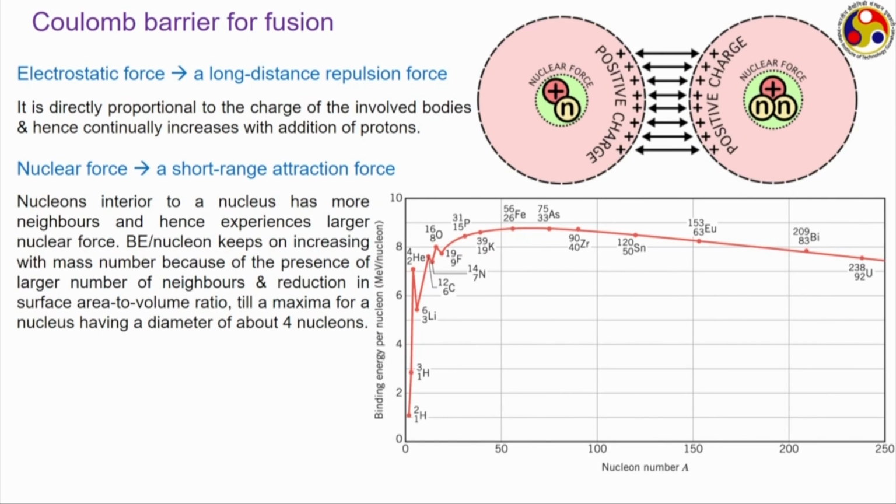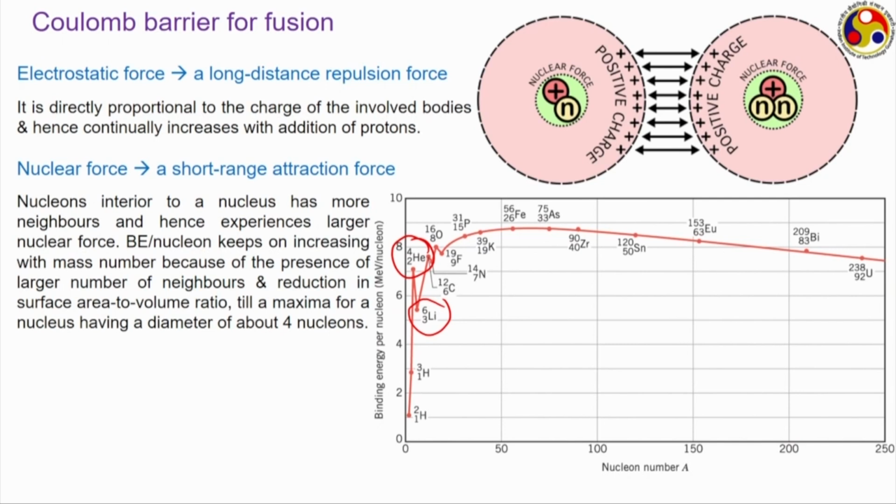Now, this is the same diagram which I have shown earlier, but I am reproducing it in a slightly different way. Here you can see binding energy per nucleon is very low for deuterium and tritium, and as we go on, for elements like carbon, oxygen or fluorine, it keeps on increasing and attains that maximum. But one big aberration that you can find here is helium 4. The binding energy per nucleon for helium 4 is greater than the next heavier isotope, lithium 6,